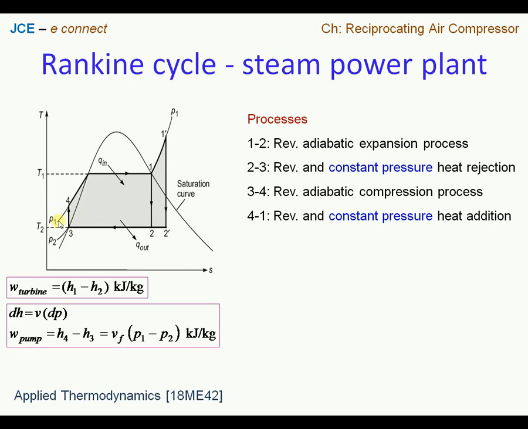The pressure, that is boiler pressure, is denoted as P1, and we have a condenser pressure, and we have a heat rejection that's happening. This is represented by pressure P2. So we have the pressure difference here, P1 minus P2, so we can have dP as P1 minus P2. So we see now one can calculate work done by the pump using these equations, and this is in kilojoule